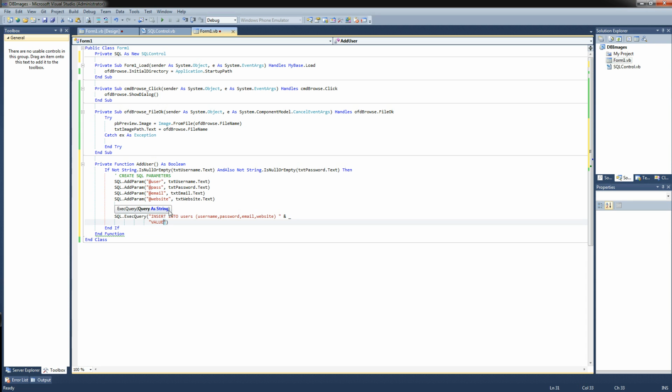Next up, we have to supply values. And the values we want to add to these columns need to be added in the same order as the columns that we suggested above. The first value we want to enter is our username, so we're going to call the @user parameter. Next up, we will call the @pass parameter, and then the @email parameter, and then @website. Okay. So it's going to grab those parameters like variables and pipe them into these columns, hopefully, if it executes